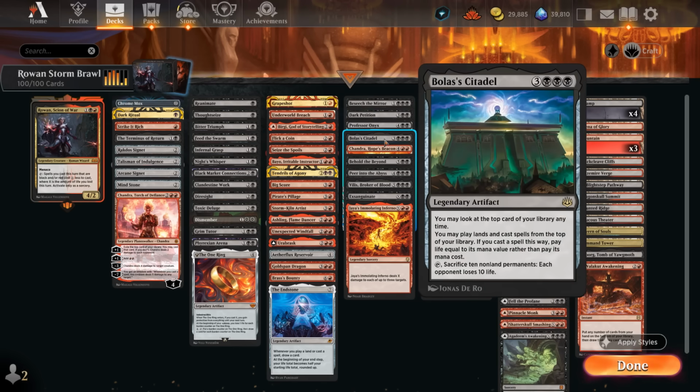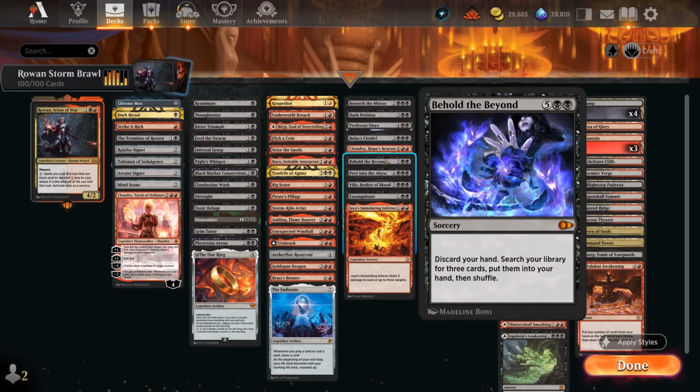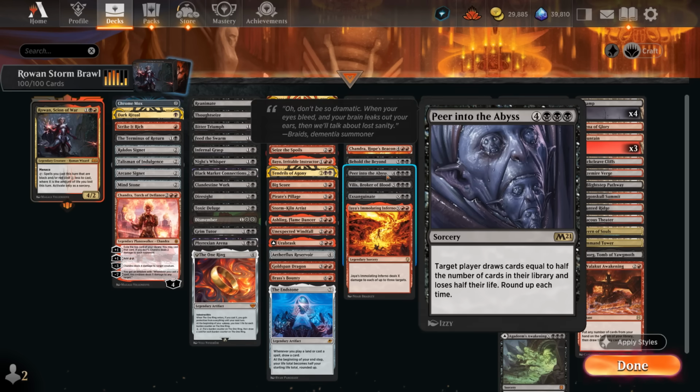We've got Bolas's Citadel to play spells off the top of the deck at the cost of life instead of mana. Behold the Beyond can just tutor up 3 cards to help win the game, so that can also easily set up a combo kill, potentially in the very same turn. Peer into the Abyss, often a card we want to search up, since we can draw half of our deck at the cost of triple black with a 4 mana discount, so from there it's usually trivial to close out